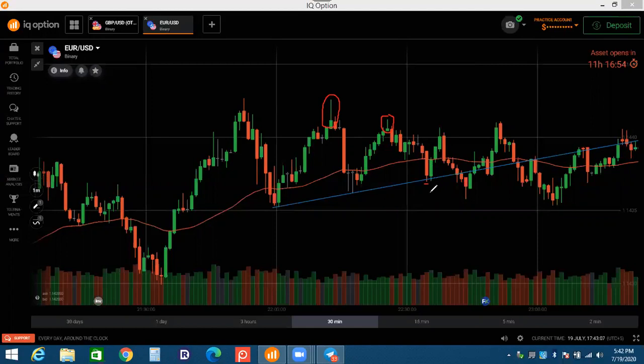So in this wick, the buyers entered because there is a support. A point and B point show me that there is a support. So this support shows me that buyers entered in this candle. When on the support level you see the volume increase, that is a sign that buyers entered. That is a rejection, and the support is also confirmed. You can place a trade. It will go in the up direction.